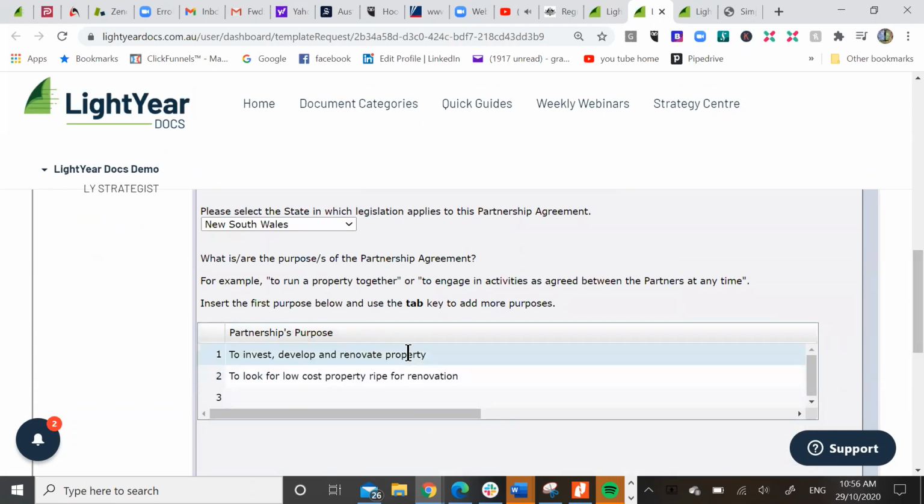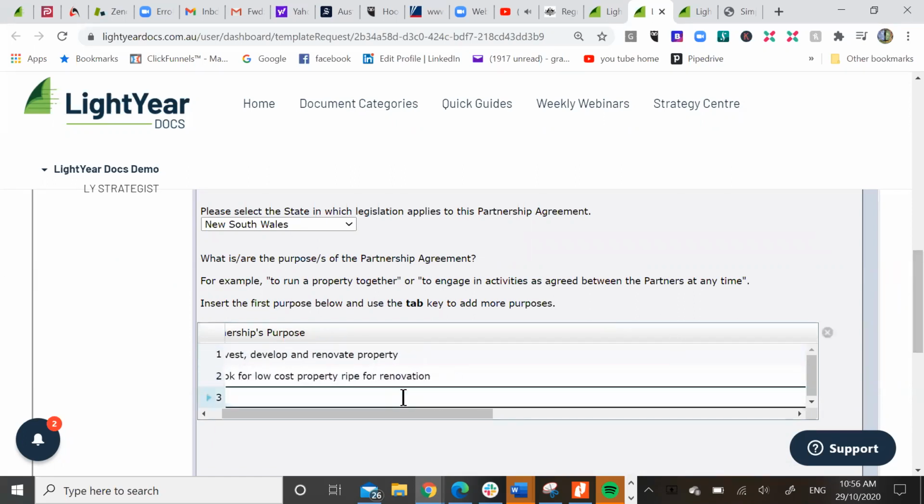We've got a couple of purposes there. One is, to the partnership, although it's buying one, is to invest, develop and renovate property. Secondly, to look for low-cost property right for renovation. And again, you can just put in as there is then